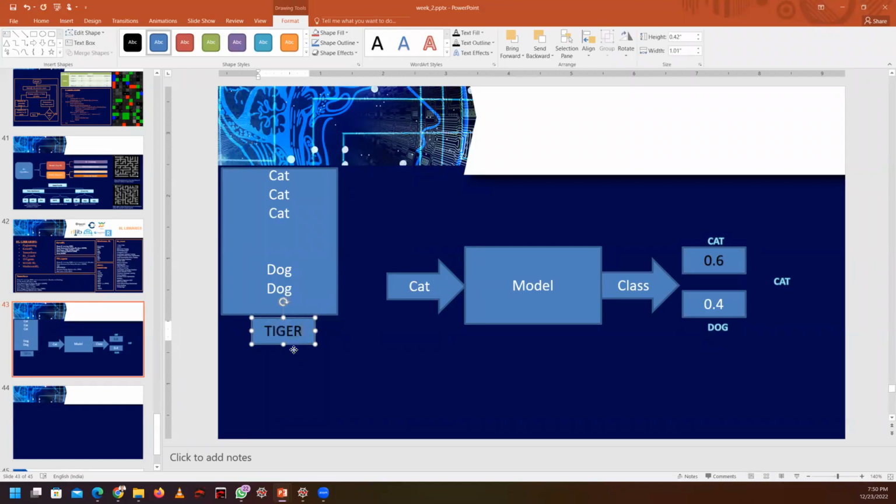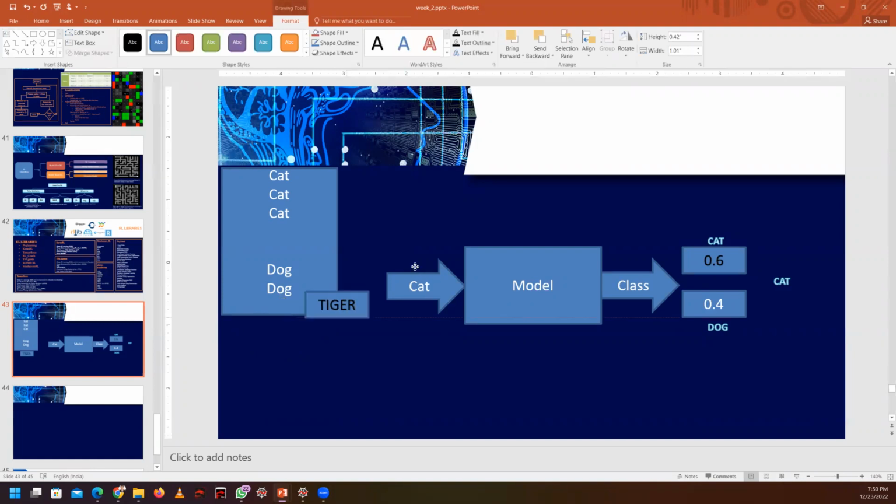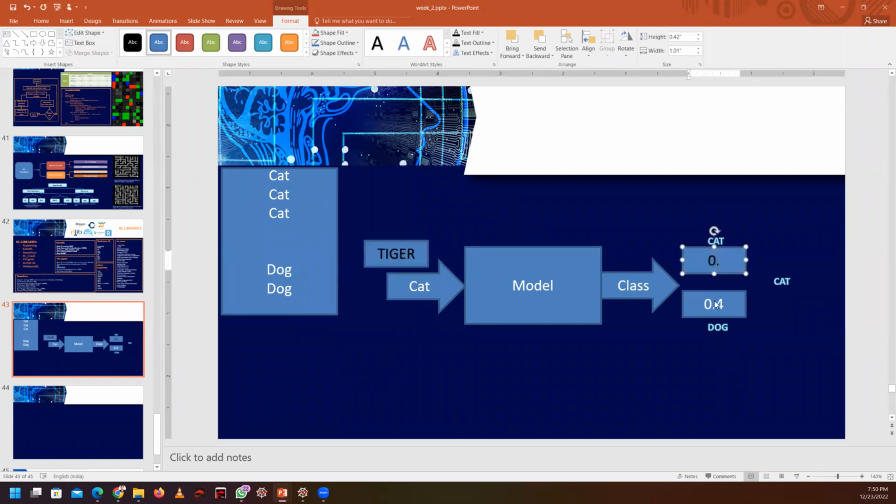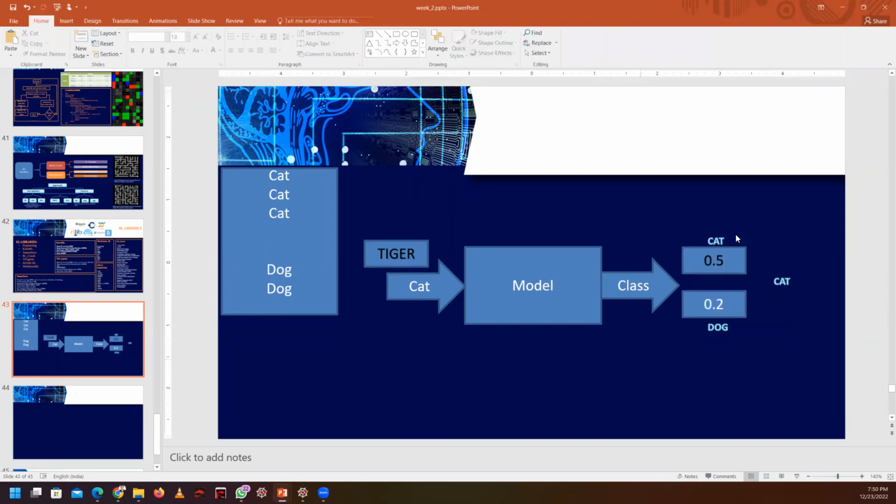Okay, here you have taken a tiger. Even if you provide a tiger here, what will happen? Here we have only two classes and there will be some probability for each class. Here it may be 0.5 and it may be 0.2, because we have only two variables, one for the cat class and another for the dog class. You have trained this model only to identify two classes. Whatever the input, it will provide two values to these two variables, and depending on the values out of these two, you have to identify the maximum one, and that will be the output.